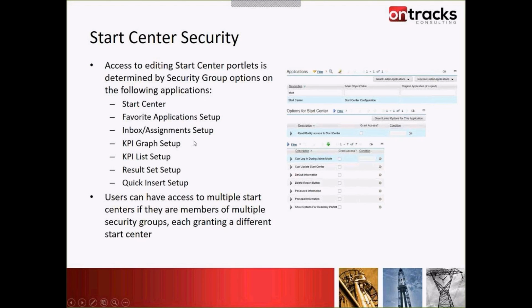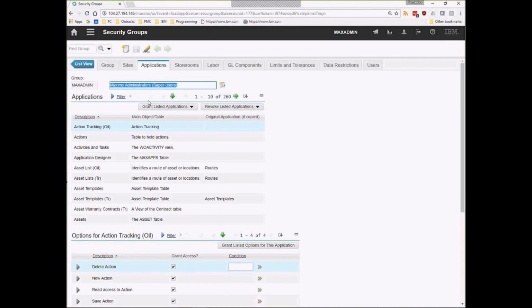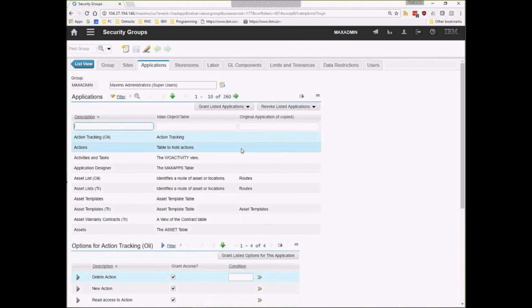So that's their Start Center, Favorite Application Setup, Inbox Assignment Setup, KPI Graph Setup, so forth. These control what a user can do in their Start Center if they are a member of a security group that grants them access to the functions in these applications. So let me demonstrate. If I go to the Max Admin group and I look at the Applications tab, and let me filter down to